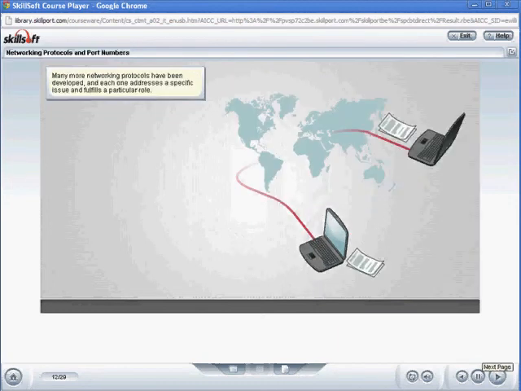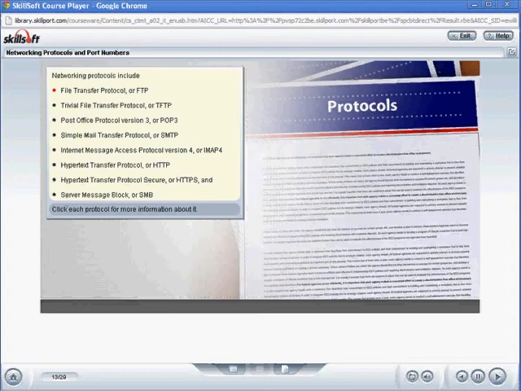Many more networking protocols have been developed, and each one addresses a specific issue and fulfills a particular role. Networking protocols include File Transfer Protocol, or FTP, Trivial File Transfer Protocol, or TFTP, Post Office Protocol version 3, or POP3,